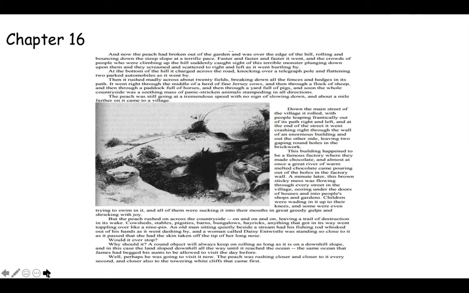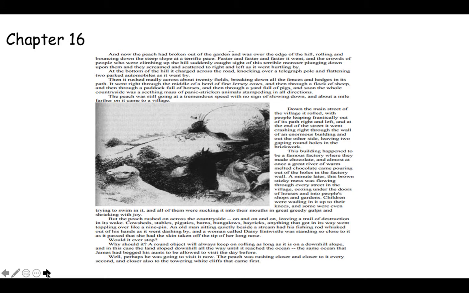The peach was still going at a tremendous speed with no sign of slowing down, and about a mile further on it came to a village. Down the main street of the village it rolled, with people leaping frantically out of its path, right and left, and at the end of the street it went crashing right through the wall of an enormous building and out the other side, leaving two gaping round